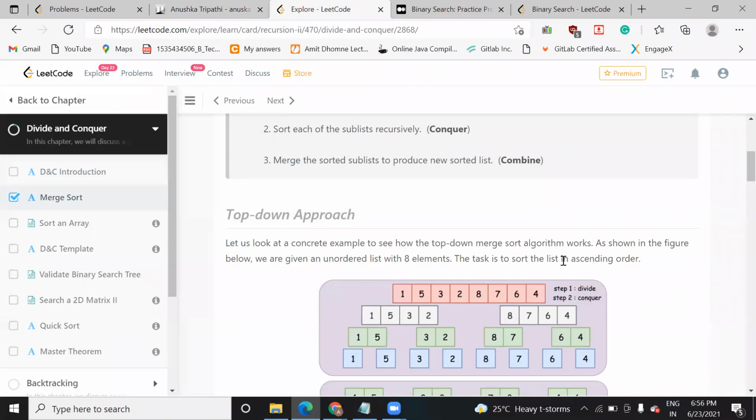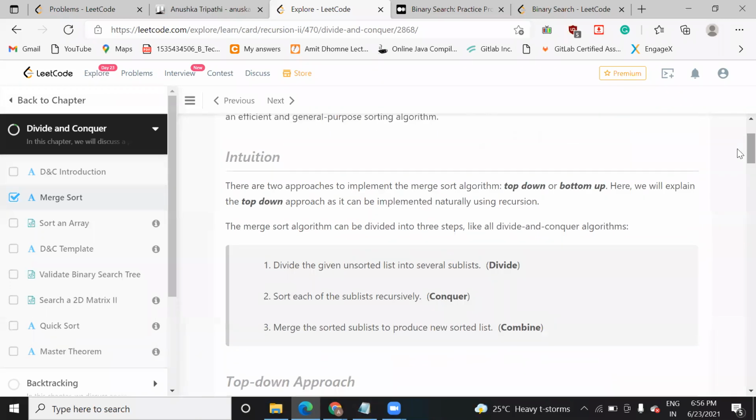So what do you mean by this divide and conquer? It's something that you divide in order to make a task easier. Just like if anyone gives you a big task, what do you do? Suppose you have a plan for cracking some exam. You divide your preparation into steps: I will prepare the first unit on this day, second unit, third unit, and so on, and step by step you move, right?